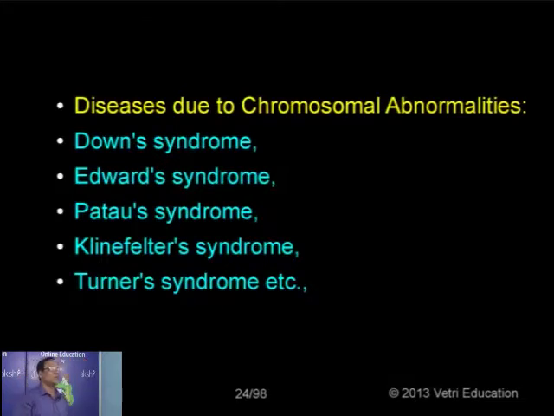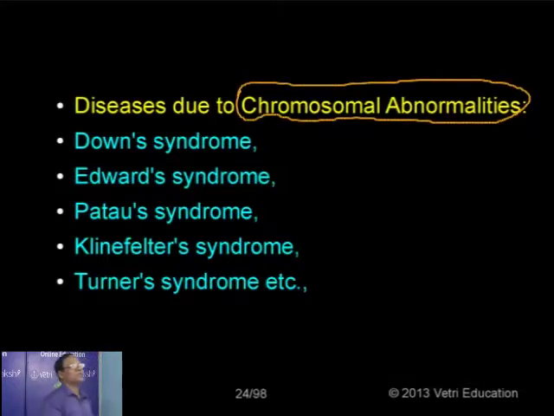So we have disorders caused because of change in the structure of the gene. Some disorders are also caused because of change in number or structure of the chromosome. In the previous cases I studied, there was a change in the composition of the gene, either in one gene or more genes, either in the autosomes or in the sex chromosomes. Now we have disorders due to change in number or structure of chromosomes. All these together are called chromosomal abnormalities.